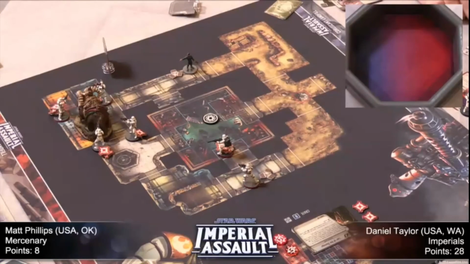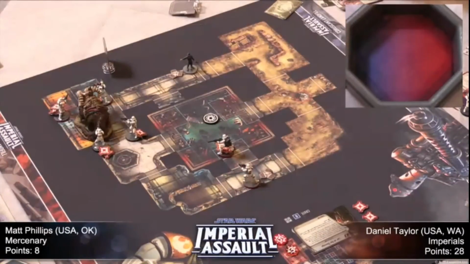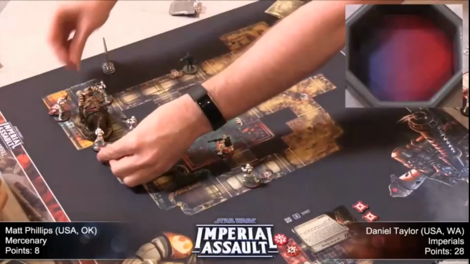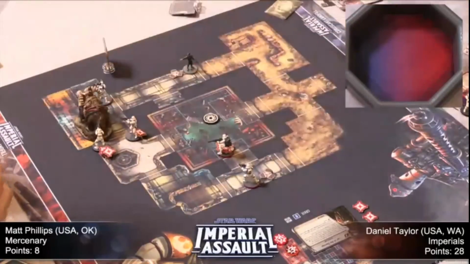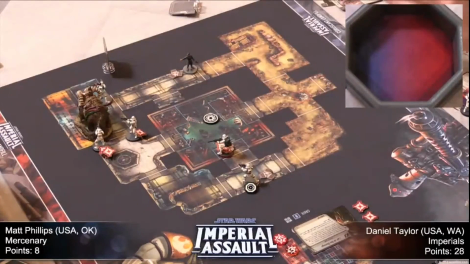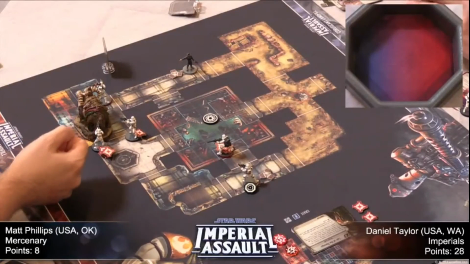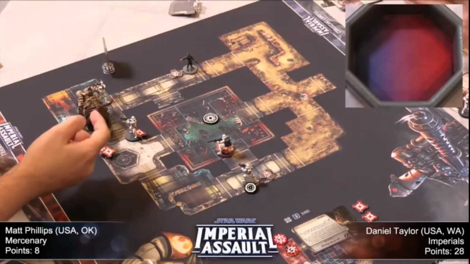So the 1 takes 1 since it was sitting in his way. And then he uses trample. Only 1 damage. That is not what he needed. Oh, no. He took out only 1 of the stormtroopers. I think that's it. That's got to be it for Matt. A very upsetting dice roll for Matt. Yeah, if he had been able to take out 2 or 3 of them, he might have had a shot, but...